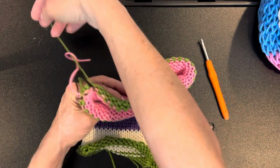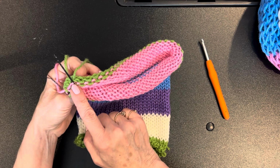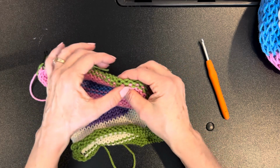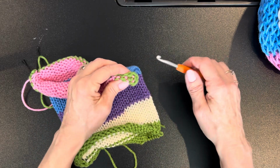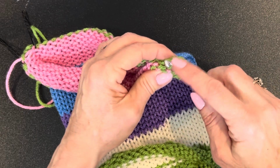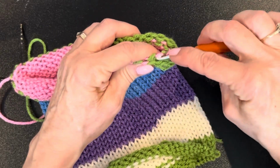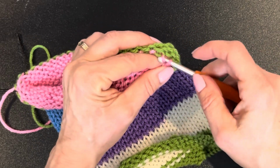But anyways, we're going to take this first one and count it as 1. 1, 2, 3, 4, 5, 6, 7, 8, 9, 10, 11, 12, 13, 14, 15, 16, 17, 18, 19, 20, 21, 22, 23, and 24 are our very side stitches because we have 46, okay? We're going to go under 24, count that as 1, then pick up 23, pass it through the loop on our hook. We've worked 2 stitches. Go down to the bottom, pick up the next one, pass it through the loop on your hook. That's 3. Up to the top, 4,